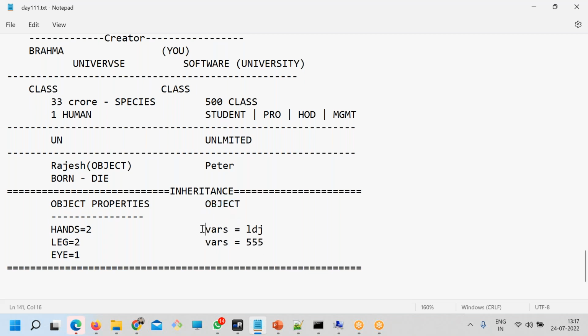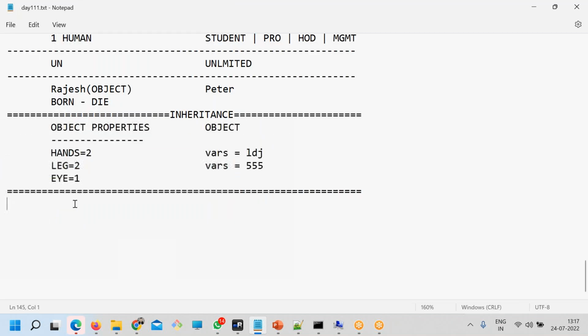So whatever the properties of the class, they come. But something we do ourselves: we still have 2 hands, 2 legs, 2 eyes, sorry, but we become a doctor, or an engineer. This is our property, right? We also learn something.